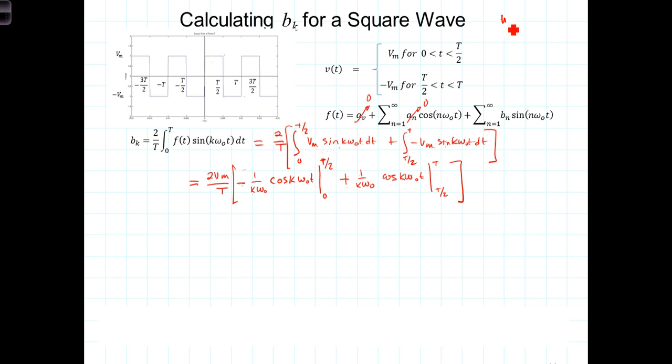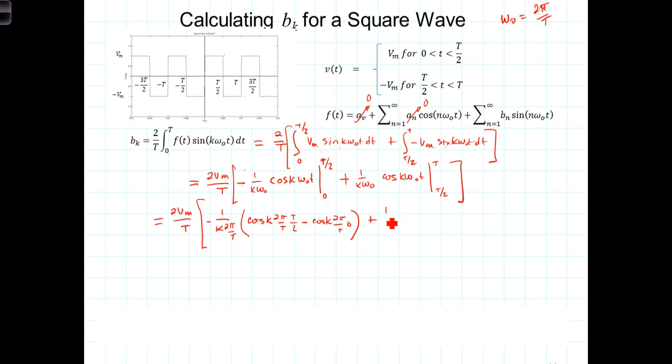Now we need to evaluate these two terms at their limits, and at the same time let's replace omega naught. Recall that omega naught is equal to 2 pi over T. So we'll have then, again allowing ourselves a little more room because this is going to start to expand, 2 V sub m over T multiplying this whole mess, which is negative 1 over k 2 pi over T times this thing evaluated at the upper limit minus this thing evaluated at the lower limit, or the cosine of k 2 pi over T evaluated at T over 2 minus the cosine of k 2 pi over T evaluated at t equals 0